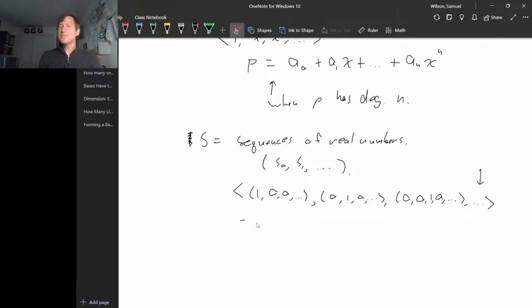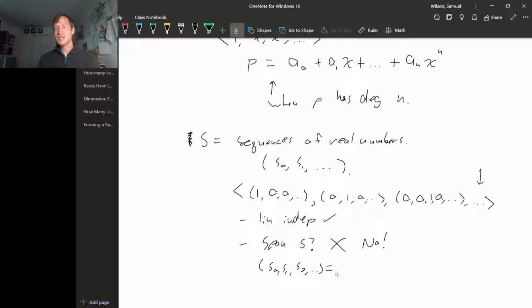Well, these definitely are linearly independent, right? Because of where the non-zero elements are, there can't be a non-trivial linear dependence relationship among these things. But if you ask yourself, do these span S? The answer is no, which is a bit surprising. You might think, well, if we have a sequence S1, S2, S3, an infinite sequence of real numbers, and we call these basis vectors E1 and E2 and E3 and so on, isn't this the same as